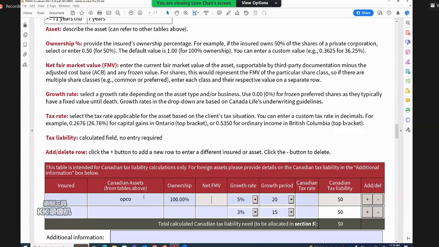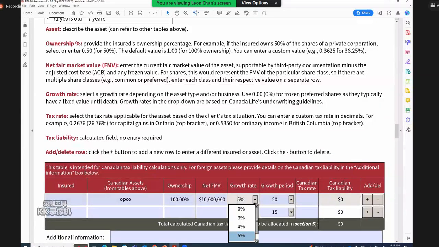And it's important for me to say, first of all, how this PDF works: they're looking at net fair market value, which would be your fair market value less the adjusted cost base, okay? If you're looking at shares of a corporation, in a lot of the cases, the adjusted cost base of the shares, if you look at the financial statements, is pretty nominal. Could be $10, could be $100, which is pretty nominal when you're looking at fair market values, right? So net fair market value, let's say that company was valued at $10 million,